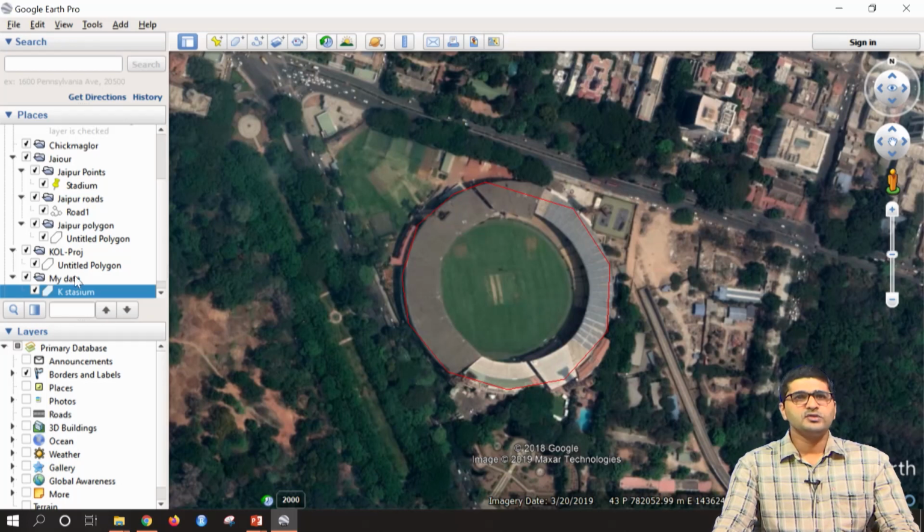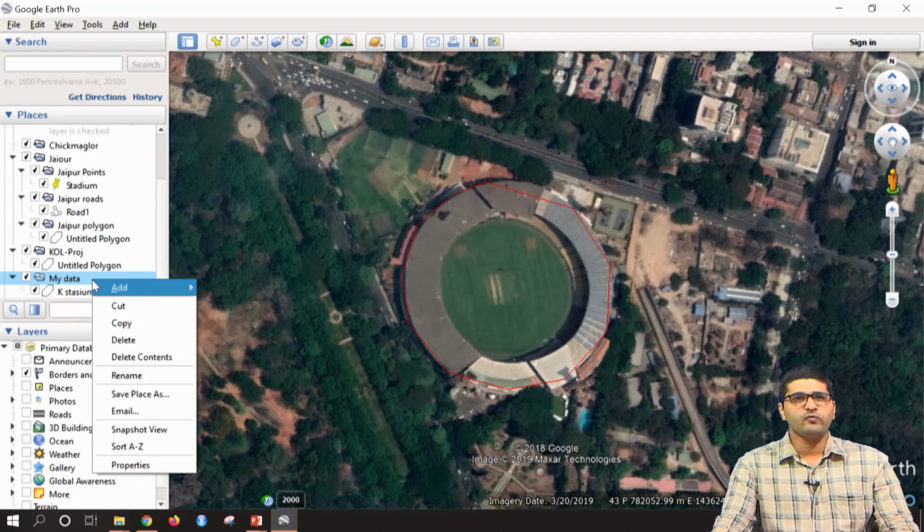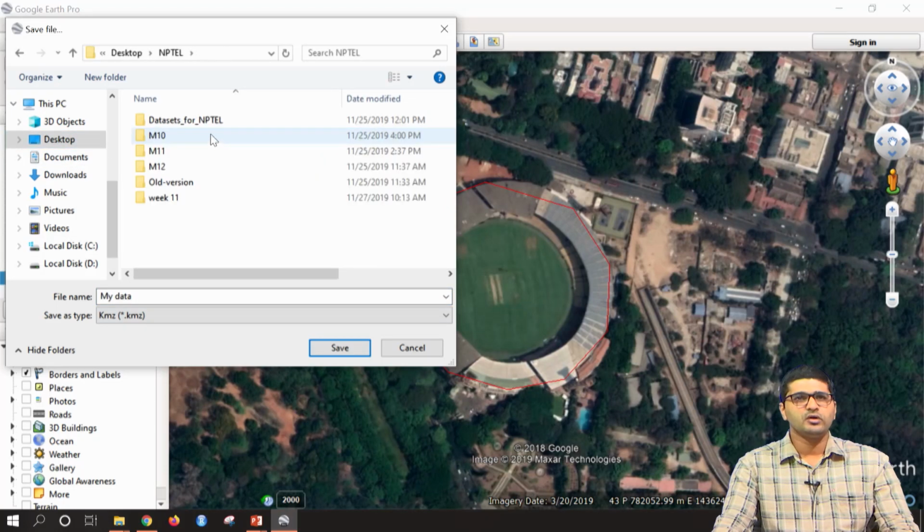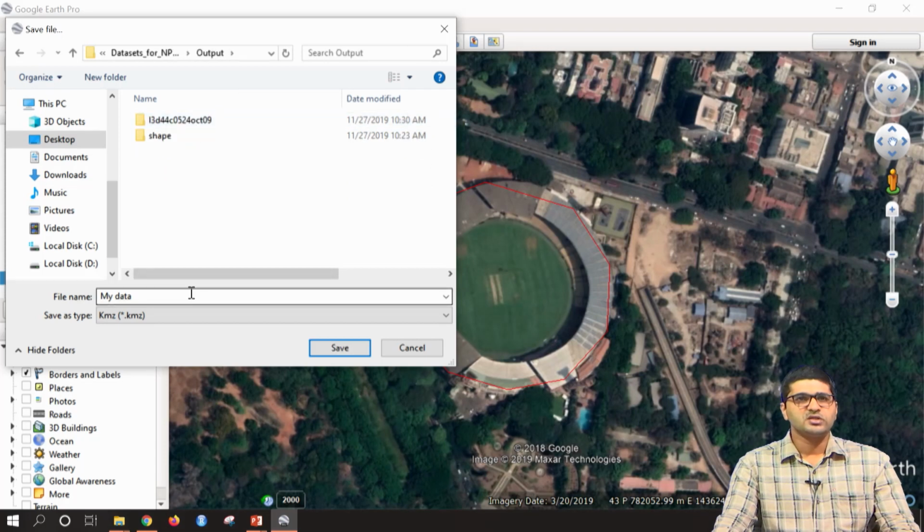So how do we bring this into QGIS? Once the feature is created, we just need to export this as a KML file. Just save place as, I'll save it into our folder, that is in desktop, NPTEL folder, datasets, output. Here I will save as my data.